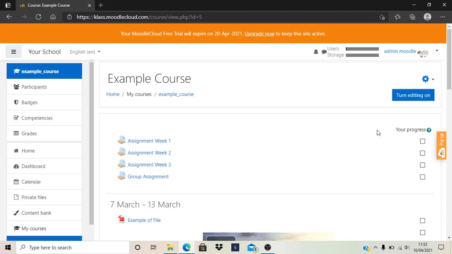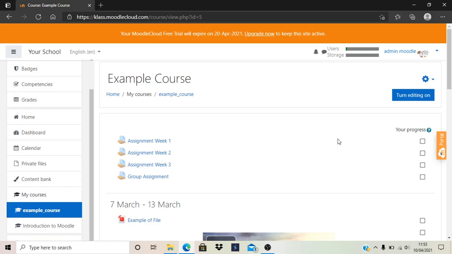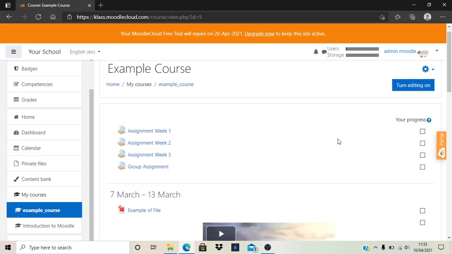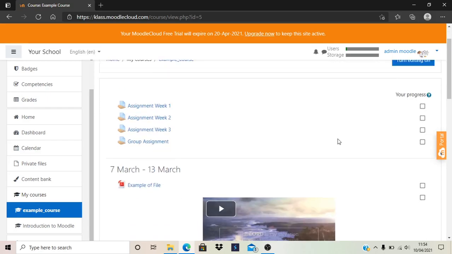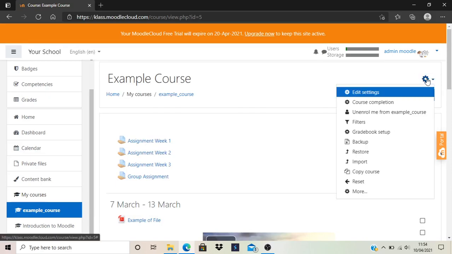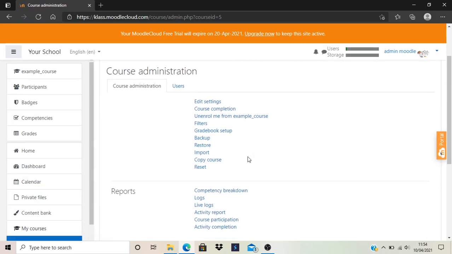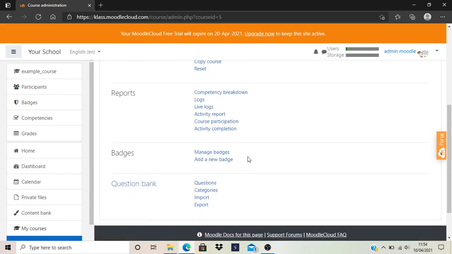To add a quiz in Moodle, it is suggested to have the question bank first that you may use to be inserted into your quizzes. So first of all, you can go to the gear icon, click more, go to the question bank sections,